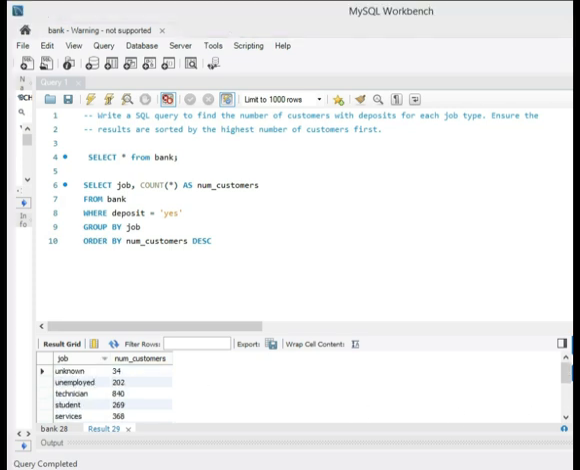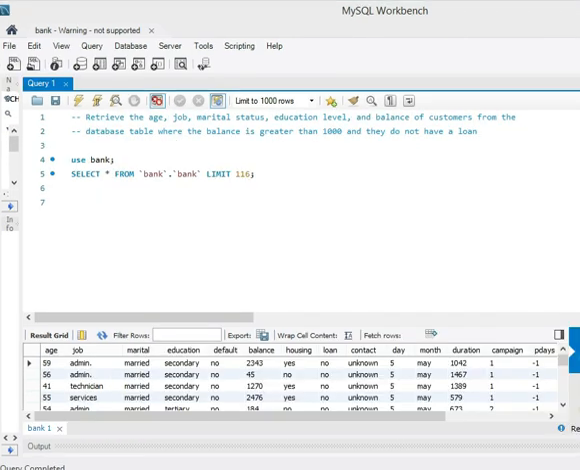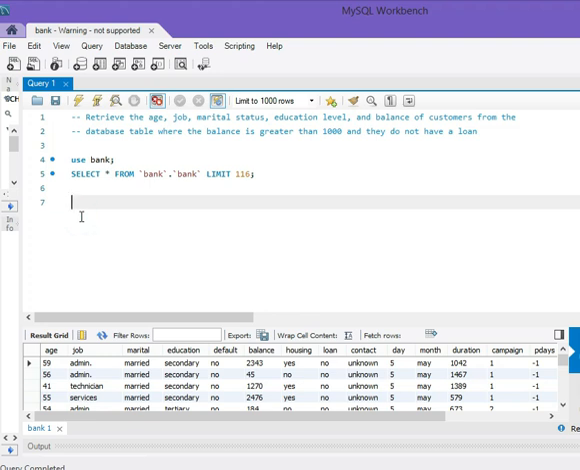So here we have the output that shows the count of customers who made deposits grouped by their job titles. Alright, so in simple terms, here we should find the customers whose balance is more than 1000 and who don't have a loan. So select